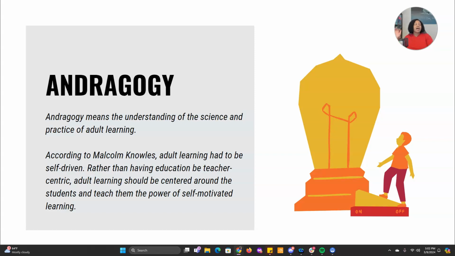On the blog, I learned that the term andragogy was actually coined in 1833 by a German teacher named Alexander Knapp. He came up with this term because he was trying to categorize and describe Plato's theory of education. However, when you do a deeper dive into research, you'll find that the term andragogy is more closely associated with Malcolm Knowles, who was an educator